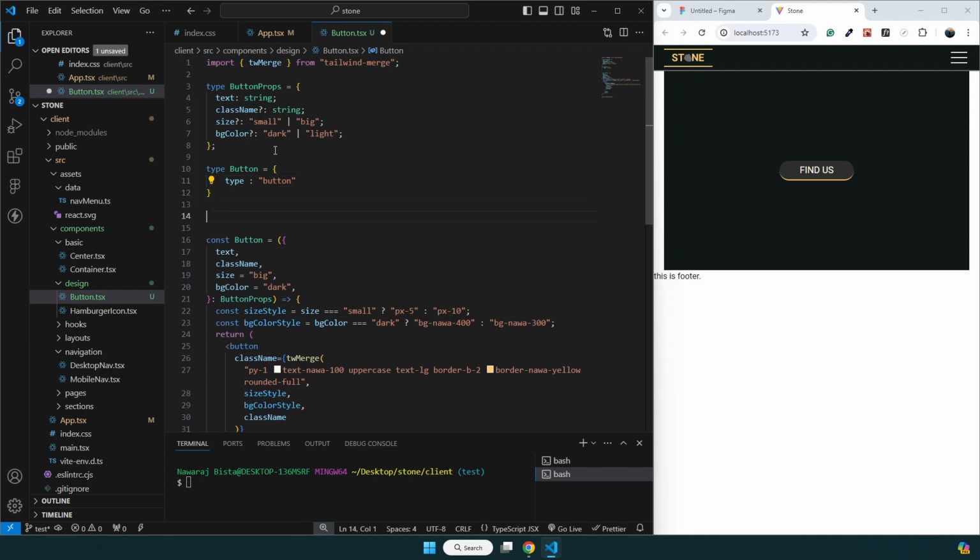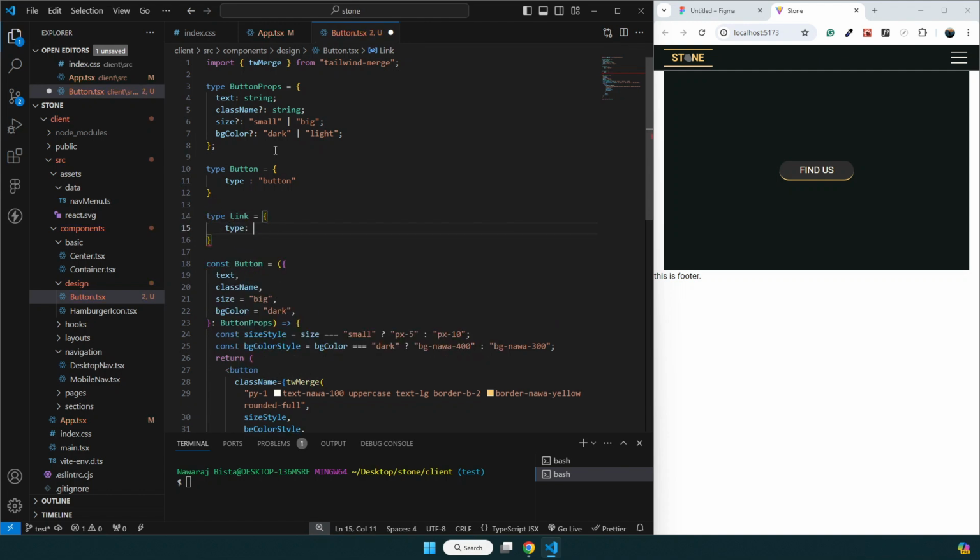All right, and I need another type that is called link type, and the link type has a type, link. And if it's making you confused, type here, type here, this is a different type. If you want to change the name, or if it's making confusion, this type is not the same as this. It's a kind of property type, and this is a different thing. All right, but I want this component to have two different types, that is button type and link type. So I just give it the name type,